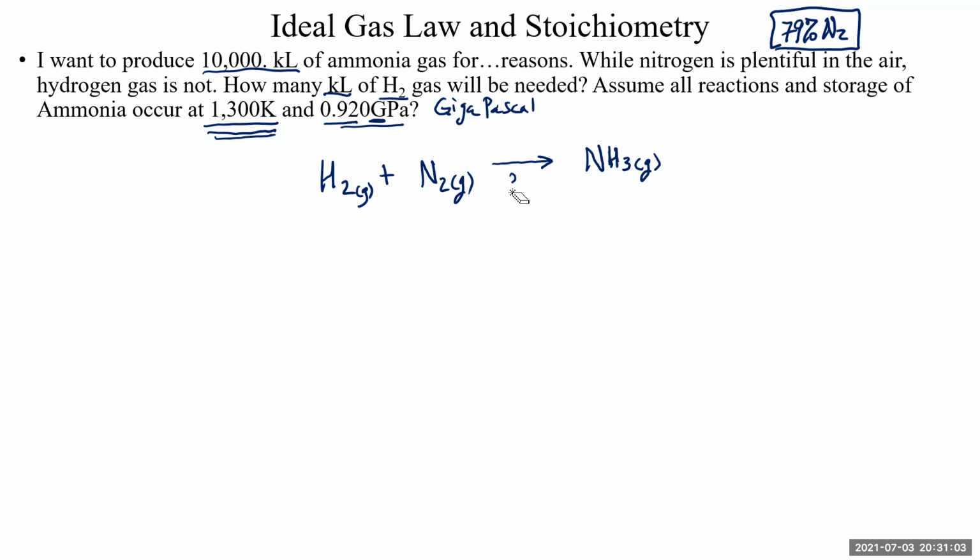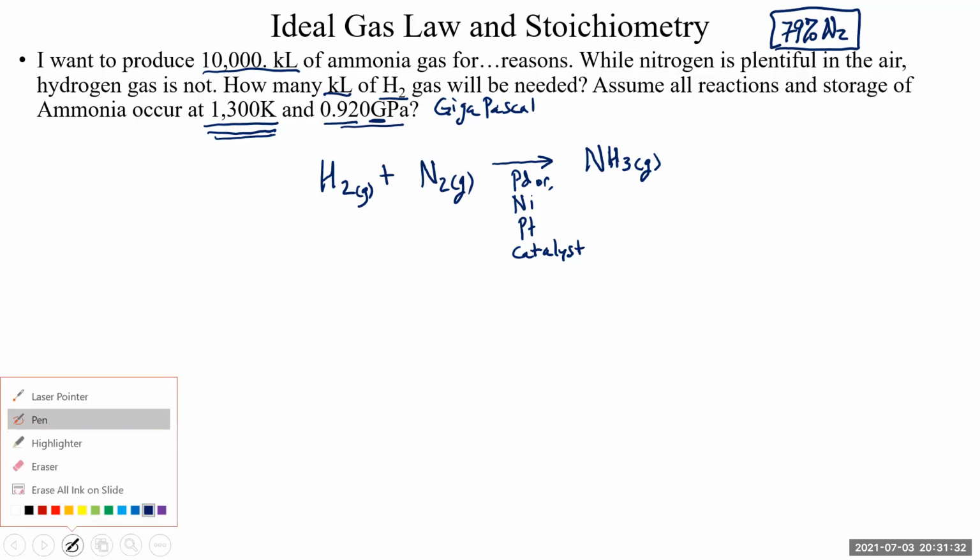A catalyst is a substance that makes a reaction happen faster. The catalyst is usually some kind of metal like palladium or nickel, sometimes platinum. These, by the way, are expensive metals. They're more expensive than gold per gram. Anyway, these are your catalysts. It's not necessary for this reaction for me to display this, but I'm giving you some extra information because I want you to be well informed. That's all. That's the only reason.